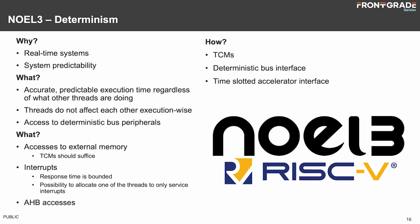While you execute from TCM, you will be in deterministic mode. But if you access external memory, there is no way we can bound that time in a reasonable manner. So you will be outside of deterministic execution. Also for interrupts, you won't be